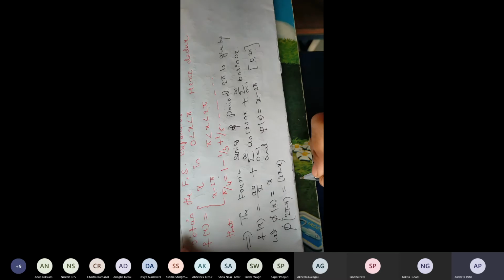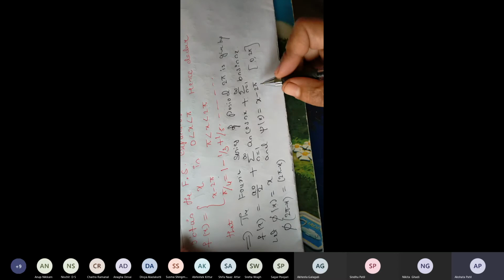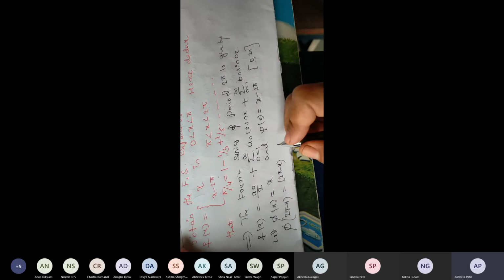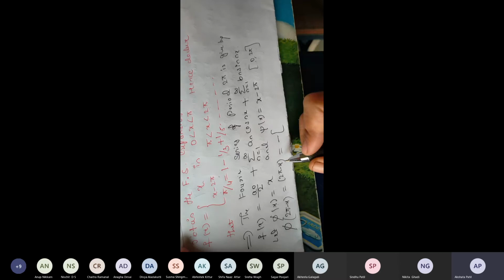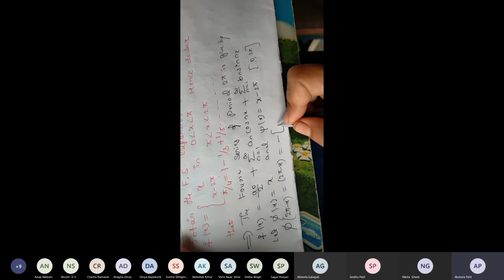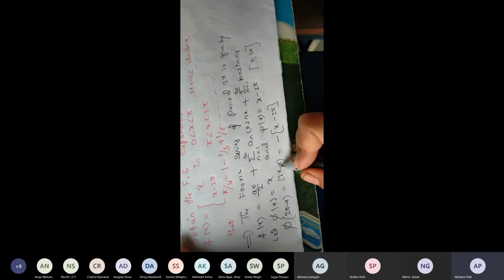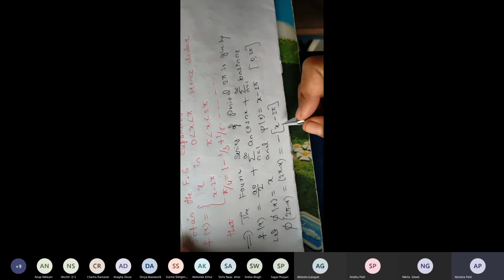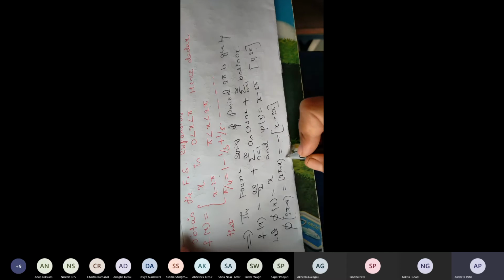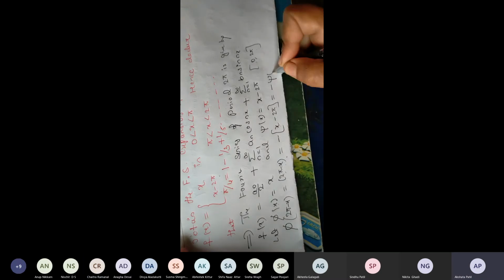But psi of x is x minus 2 pi. So can I take the minus sign outside? Is it minus of x minus 2 pi? Just check: minus into plus gives minus, minus into minus gives plus. So minus of x minus 2 pi is nothing but 2 pi minus x. Say yes or no? Yes, ma'am. Okay, so it is nothing but minus psi of x, because psi of x is